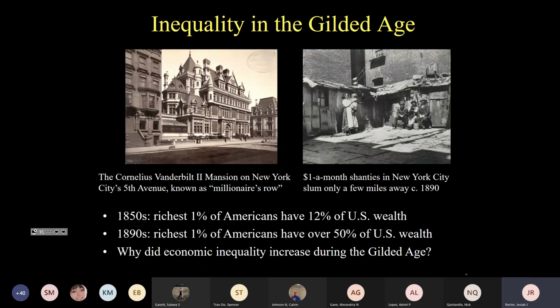Many of the wealthy built palatial mansions modeled on European castles. French chateaus were very popular, not only on Fifth Avenue in New York, but in places like Chicago's Lakeshore Drive, the Hills in San Francisco, the Main Line outside of Philadelphia, and Newport, Rhode Island. And there were stories that circulated about the amount of money that was being thrown around.